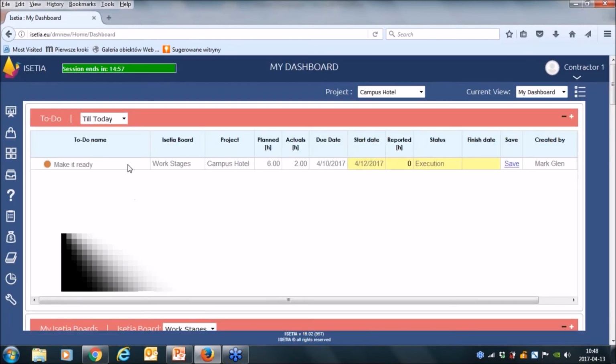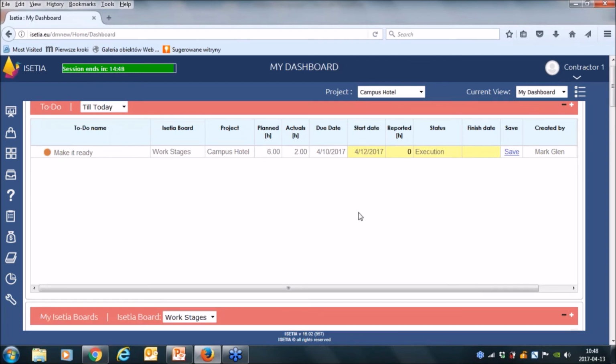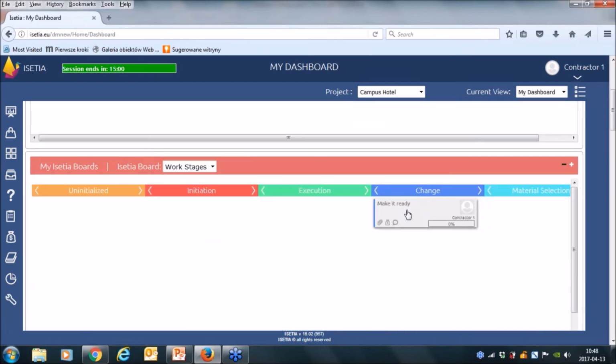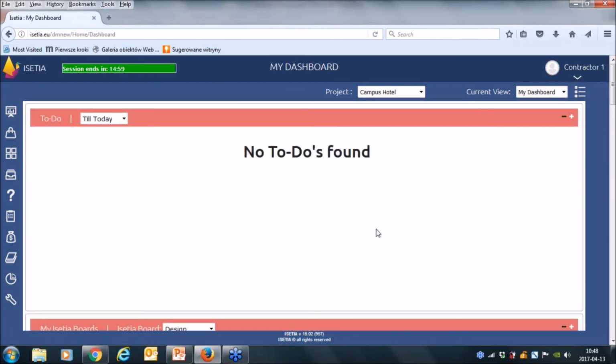You can see this make it ready now belongs to the contractor. So he can work with this, put some actuals, put some documents, notes, and so on. And when he accomplished, he is moving to the next stage, change, and this task disappears from him because now it is related to other participants.